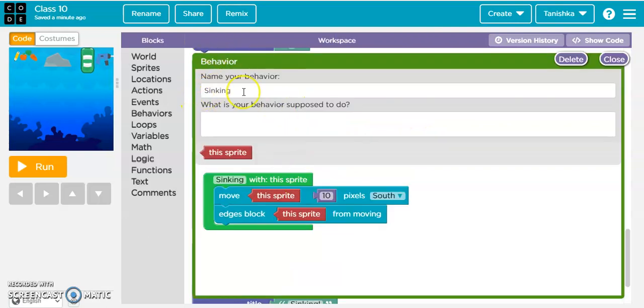The code is move the sprite 10 pixels north, sorry, south. It will start moving 10 pixels to the south, and edges block the sprite from moving. This sprite is used for the particular sprite for which we use the code, and edges block means the sprite is not going to move out of the screen.